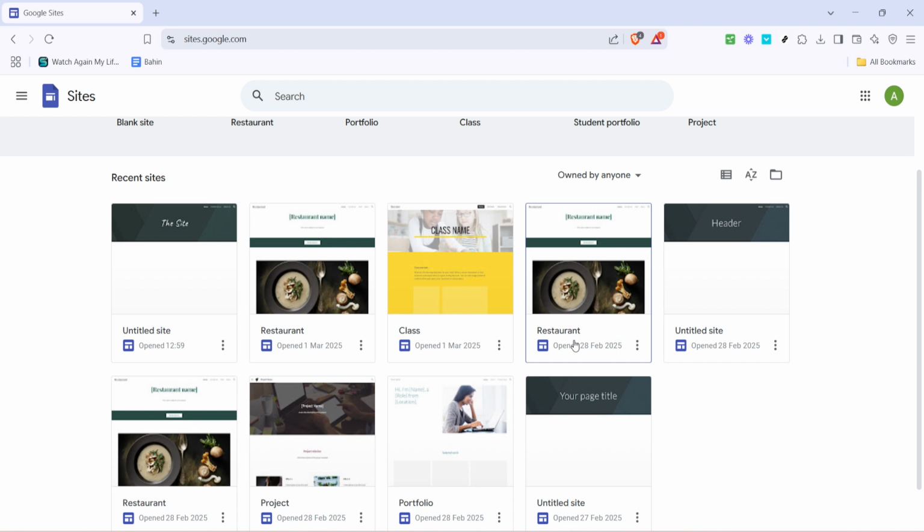Keep in mind that this doesn't mean it's gone forever immediately. Typically, a site stays in the trash for up to 30 days, giving you a chance to recover it in case you've second thoughts or realize a mistake. After this period, the site will be permanently deleted.